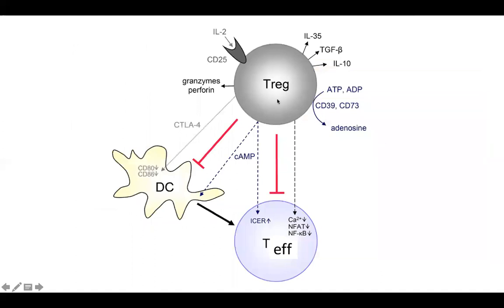So this is your T regulatory cell, this is your dendritic cell presenting self antigen, this is your T effector cell। Okay, conventional T cell जो आपका है, मतलब यही आ गया है basically।